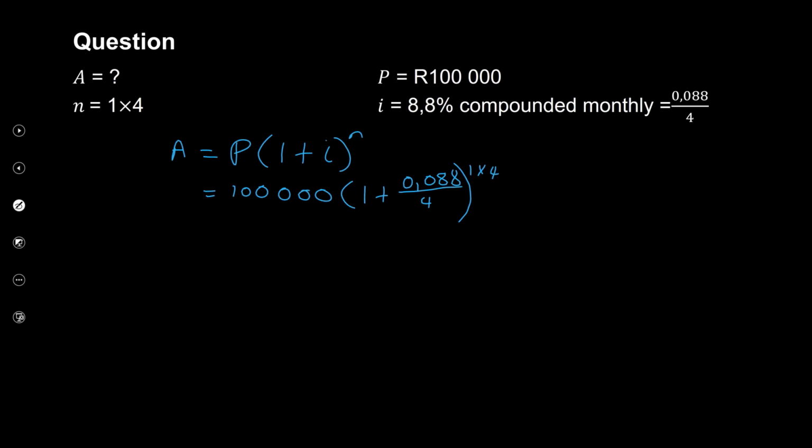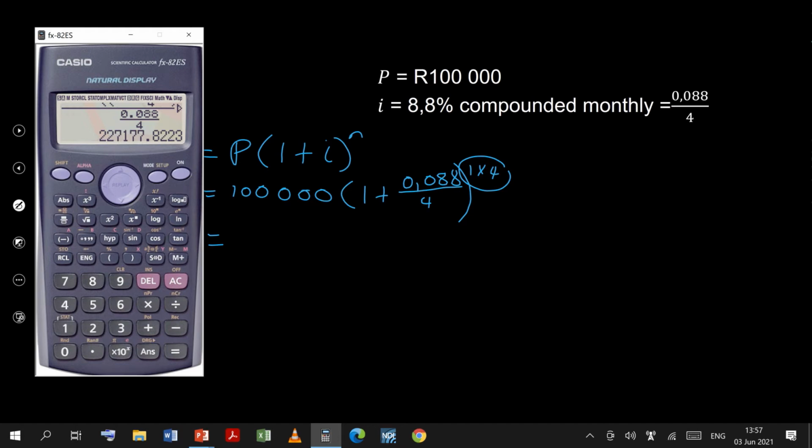I think with this one, for it to make sense to you, please try to write it as 1 multiplied by 4, because if you just write it as 4, it might confuse you that you're still thinking of the 4 years instead of the 4 quarters for a year. And then we want to find how much this is going to be. To do that, it's going to be